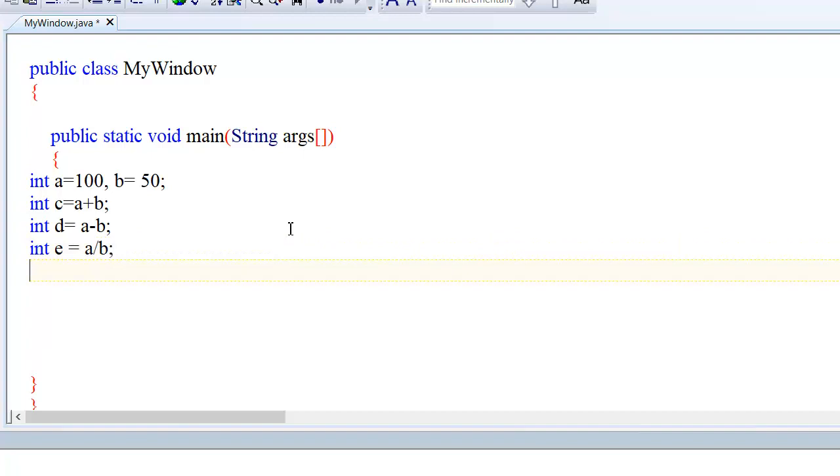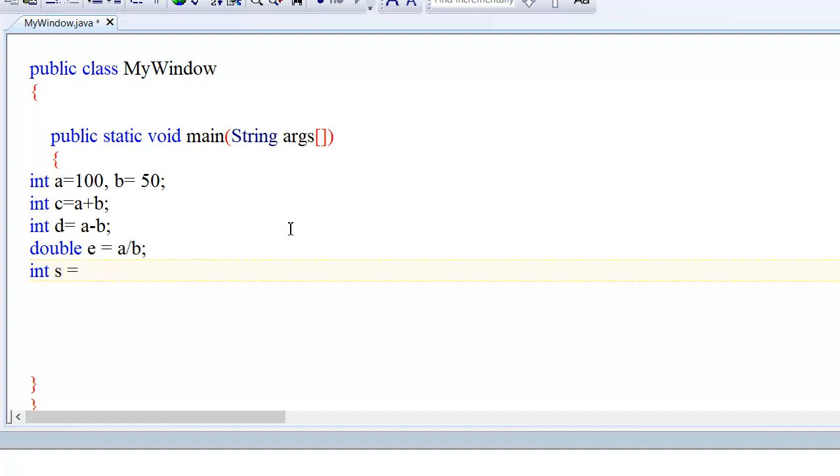While dividing, there is a chance of getting a decimal value, so for this you can define it as a double. Similarly, you can find the remainder. 100 by 50, what is the remainder? The remainder is 0.